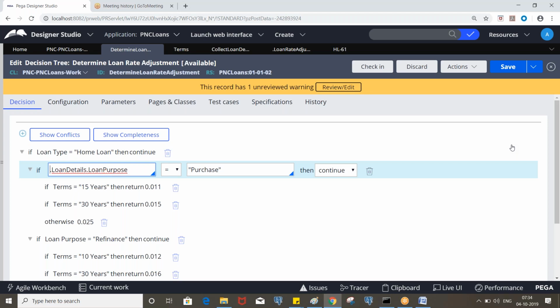If they ask you in interviews, and you are working on 7.2, you have to say that we cannot delegate decision trees to the business users, but in the higher versions we have an option to delegate.